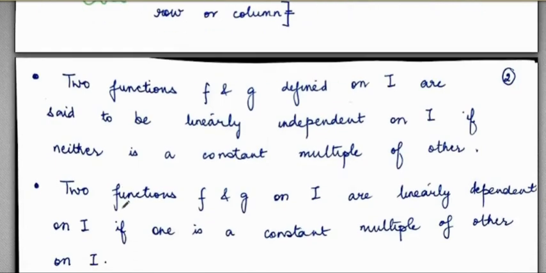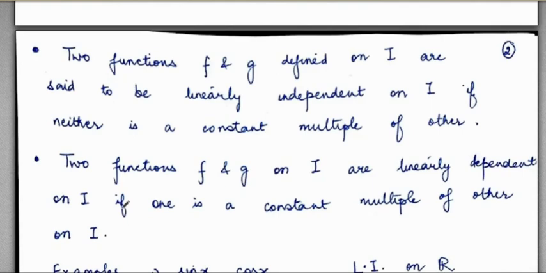So let's come to another idea, because we are going to connect the concept of Wronskian to linear dependence and independence of solutions. So let's understand what linear dependence and independence mean. Suppose we are given two functions f and g on a common domain, say I. They are said to be linearly independent if one is not a scalar multiple of the other. So you cannot write the first function as a scalar multiple of the other, or the second function as a scalar multiple of the first. If that's the scenario, you'll say that they are linearly independent.